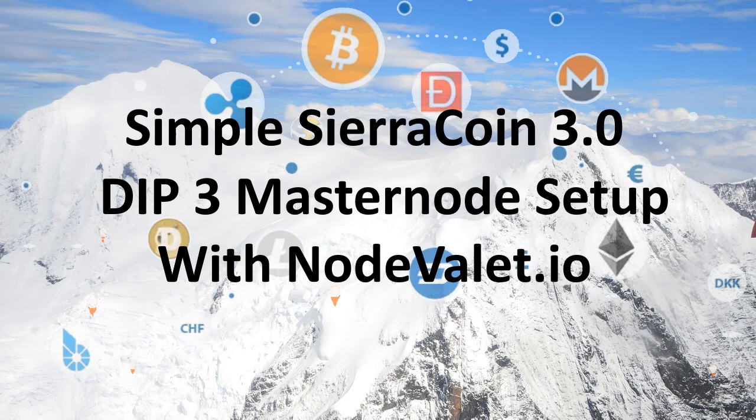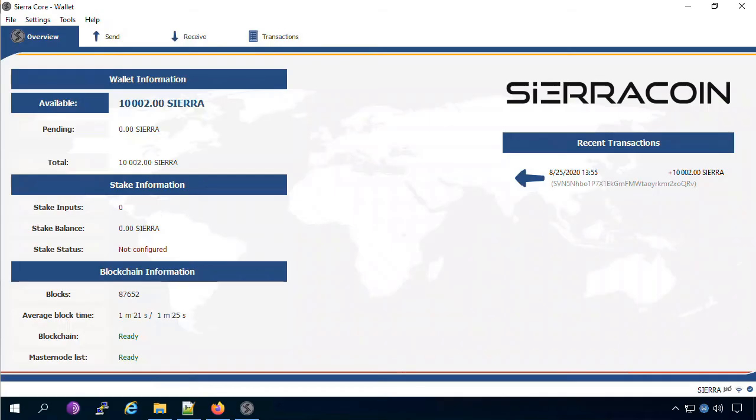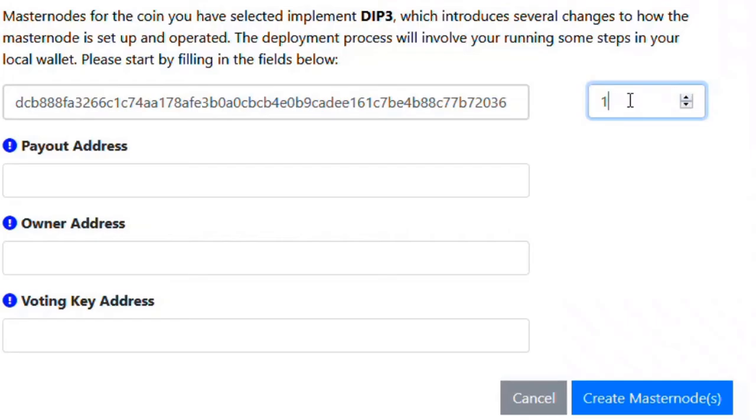Today, I will be teaching you how to use NodeValet to deploy a Sierra 3.0 DIP3 Masternode. When I first looked at the installation of these masternodes, I noticed that they are done very differently than the typical masternodes that we have installed in the past. We had to go back to the drawing board and completely redesign the interface for NodeValet to make that possible, but I'm happy to say that after a lot of work, we got it where I'm ready to show a